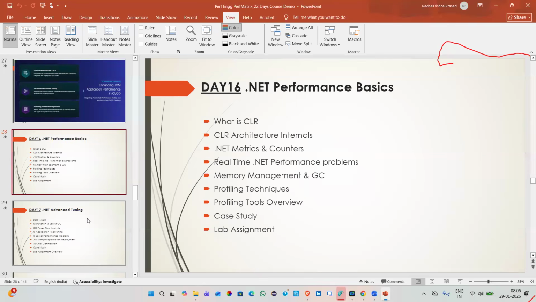Like the JVM in Java, in .NET you have the CLR, the Common Language Runtime, which is an execution engine for running the .NET source code developed in the Visual Studio IDE. In Python, you have the PVM, the Python virtual machine, which is an execution engine that runs the Python code. You write it, and when you execute it, how it gets executed is the question. How does it work? So we'll talk about architectural internals, .NET metrics like